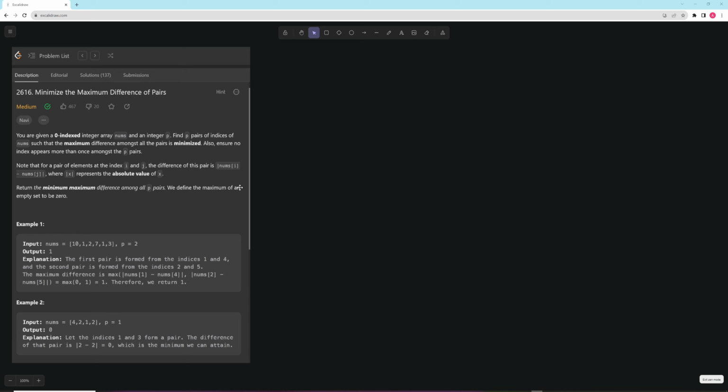Today we're going to be working on minimize the maximum difference of pairs. So in this problem, you're given a zero-indexed array nums and an integer p, and you want to find p pairs of indices of nums such that the maximum difference amongst all the pairs is minimized. So this is a little bit weird, so let's just go through this example and show what they mean. So essentially we have an array, and we need to find, in this example,